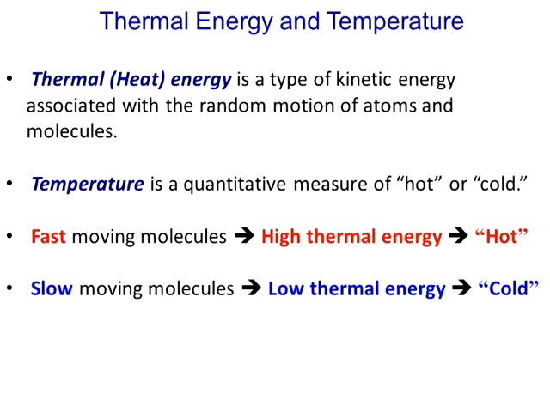Now, when we think of the idea of hot and cold, fast-moving molecules have higher thermal energy. They're said to be hot. When it's high thermal energy, we call it hot. Slow-moving molecules have lower thermal energy, and we call it cold. So when there's lower thermal energy, it's cold. When it's high thermal energy, it's hot. That's how we define these terms. And so when we say something is hot, that means that it has fast movement of the molecules. When we say something is cold, it has slow movement of the molecules. And that's an important principle to retain.